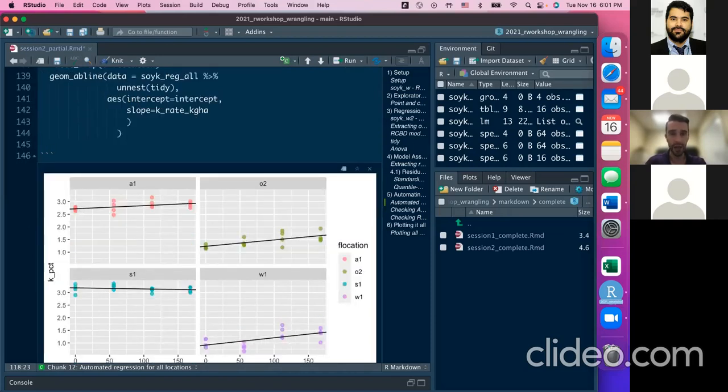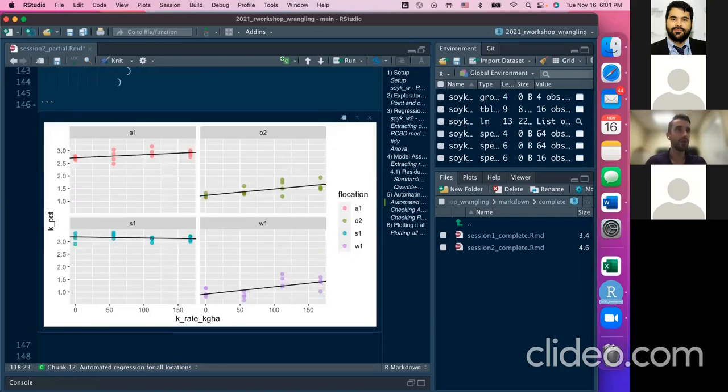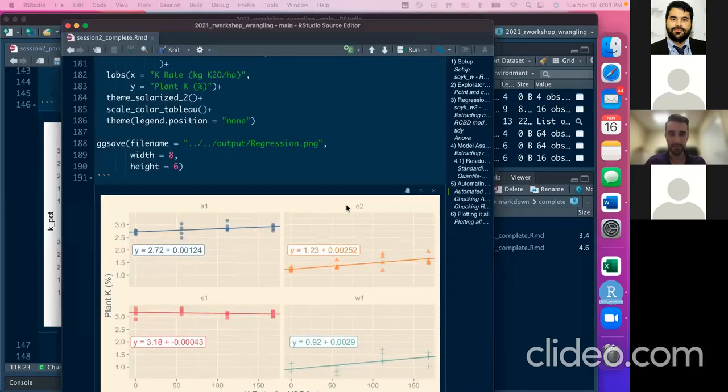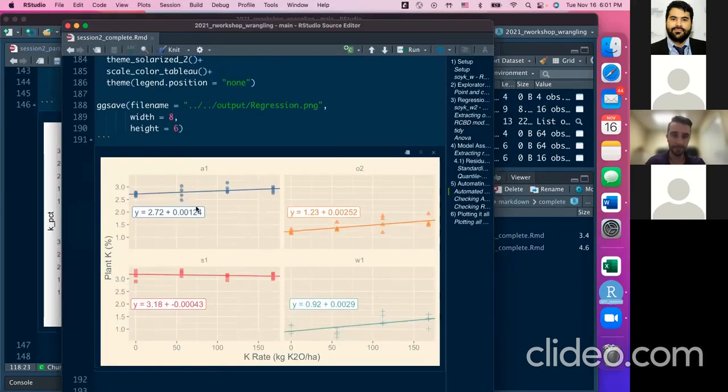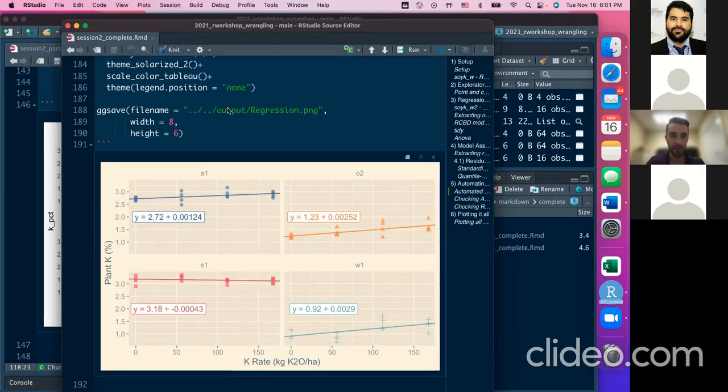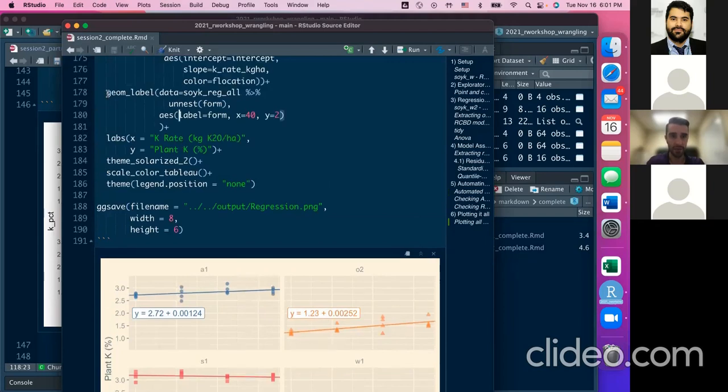So I'm going to stop here because for sake of time, I just want to show you how the final product looks. So this is the complete data set. All the way up there on the nested, I extracted these values and turned this into a formula. And here in my code, I just added that formula using the geom_label and unnesting this column that I called